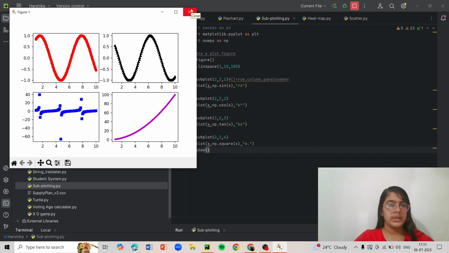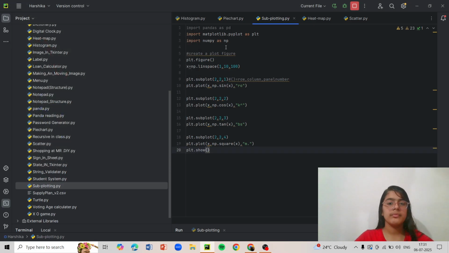So let's see how it works. You can put any map in that. You can also put a pie chart map. First we have imported it. Next we have plt.figure. So plt.figure creates a figure which tells the computer that now there is not only one map, there are more than one maps that are going to be adjusted in the figure. This is done so that the next time we make a plot in the same Python project, it won't give us an error about whether it is a chart or not.